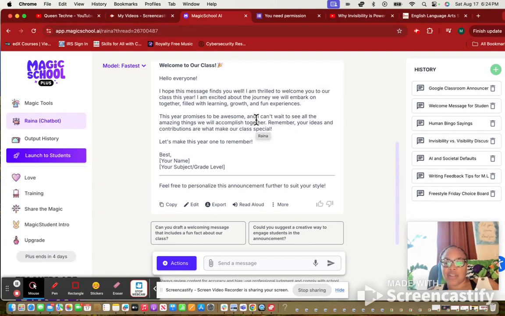So it really can produce things fairly quickly, and it is a great resource to use to help with your workflow as an educator. AI is here to stay. So you might as well learn how to use the various tools, and then also you will become more comfortable with using various tools so that you can help your students learn how to use those tools, because I can guarantee you that employers are going to be looking for people